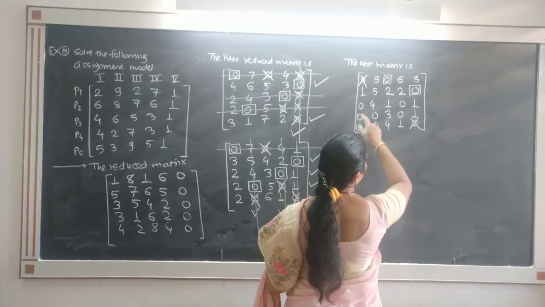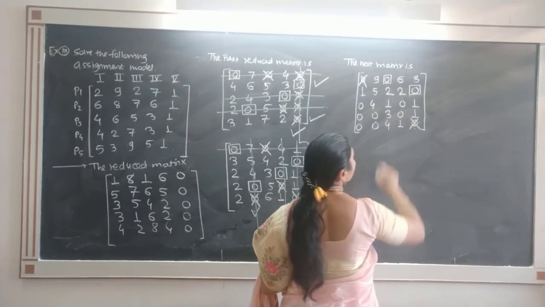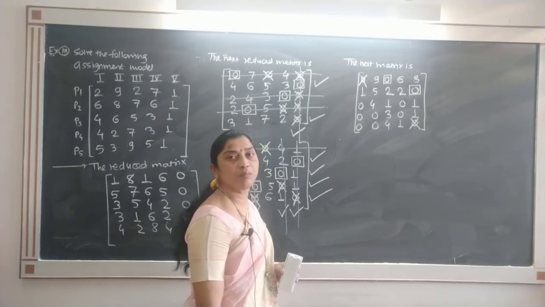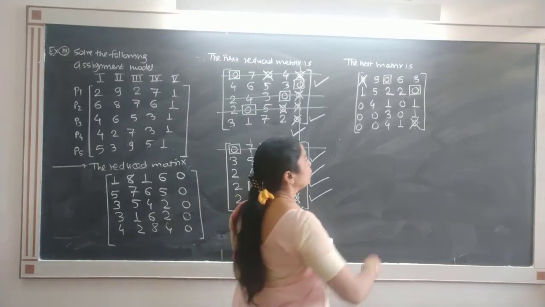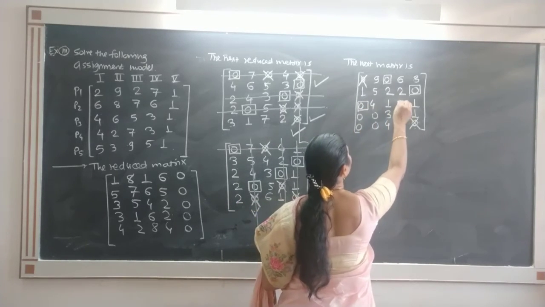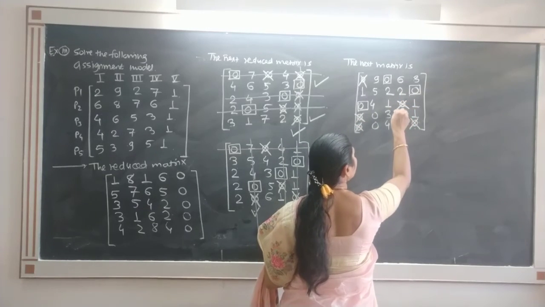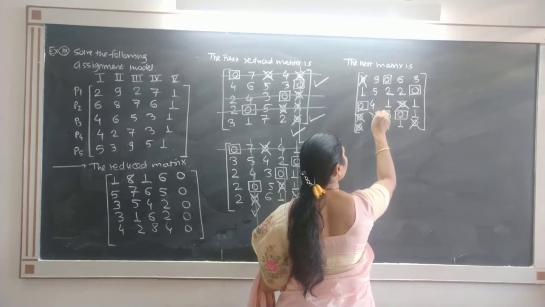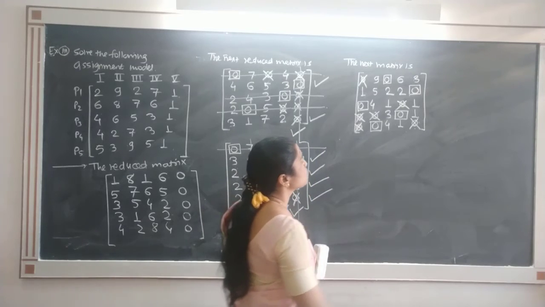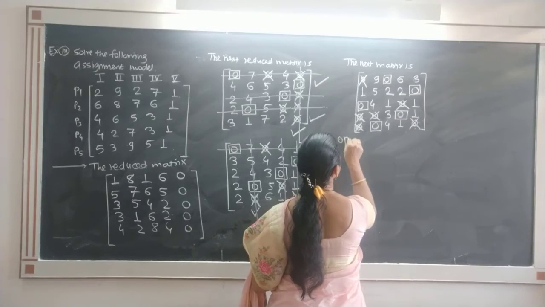Now there is no single 0 in any row or any column, which means that multiple assignment is possible. So select any one. Suppose I select this one. In that case, we have to cross out the remaining. Now this column contains single 0. So box that, cross out the remaining, and this column contains single 0. So see, the number of assignments is optimal now, it is 5. So what is the optimal assignment?